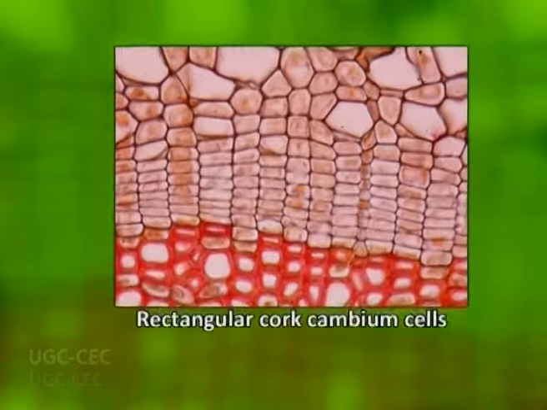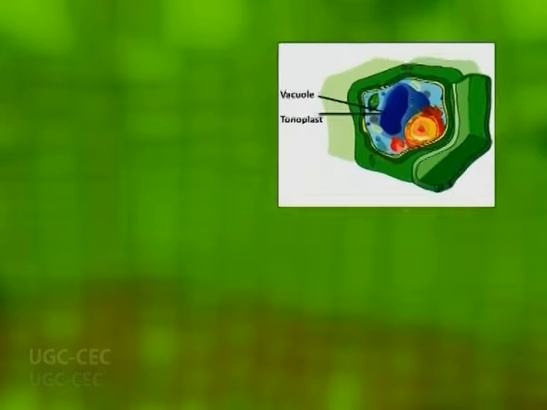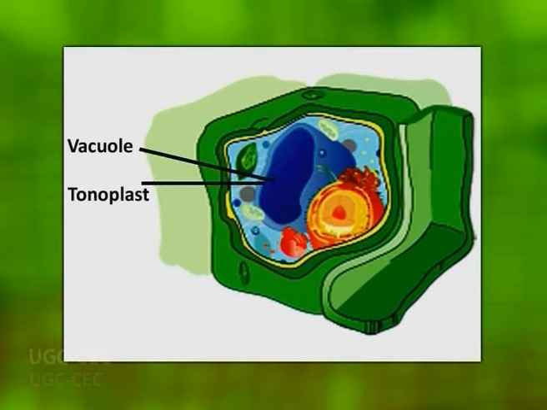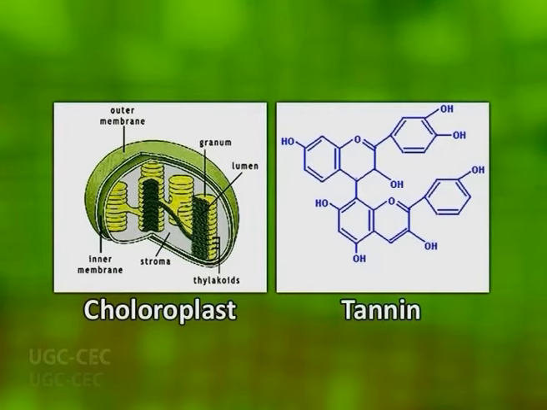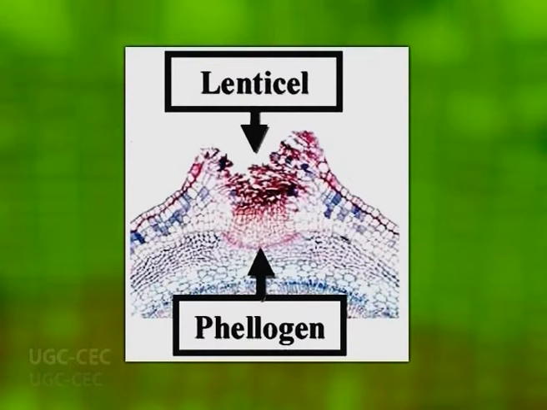Histologically, the cork cambium is relatively simple compared to the vascular cambium as it is composed of only one type of cells. The cells of cork cambium are rectangular in cross section with their shorter axes in the radial direction, and in longitudinal tangential section they are seen to be regular polygons. The protoplasts of the cork cambium cells contain variously sized vacuoles and they may contain chloroplasts and tannins. There are no intercellular spaces in the cork cambium except in those regions where lenticels develop.